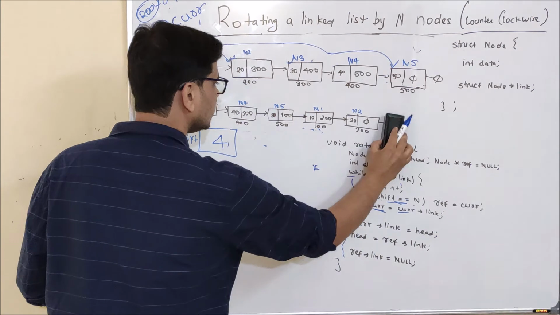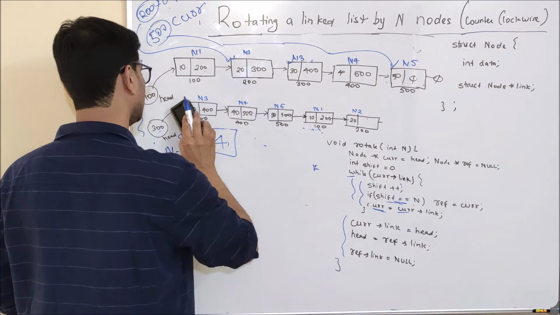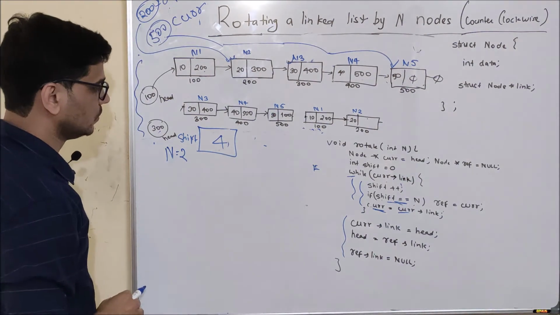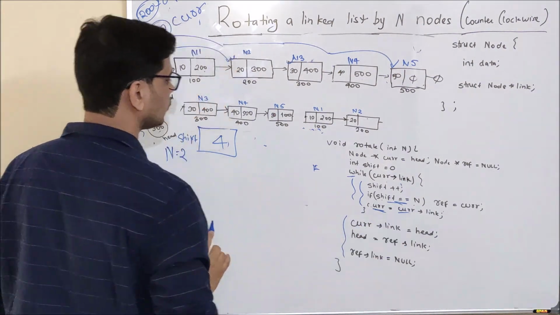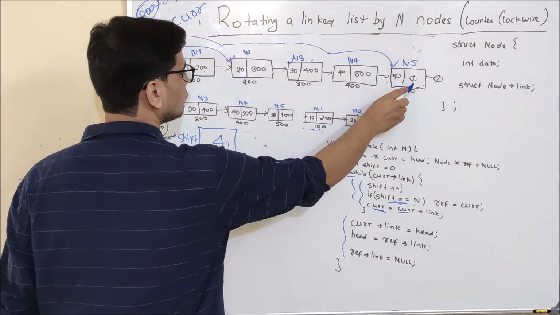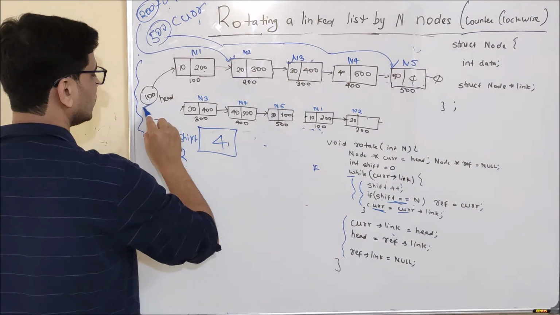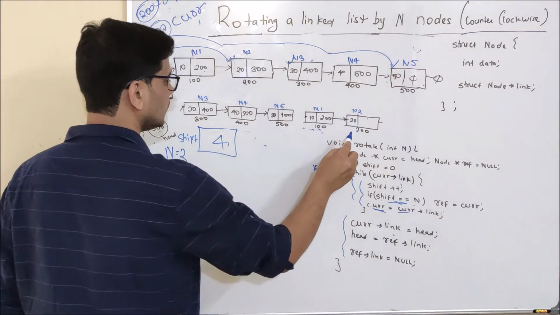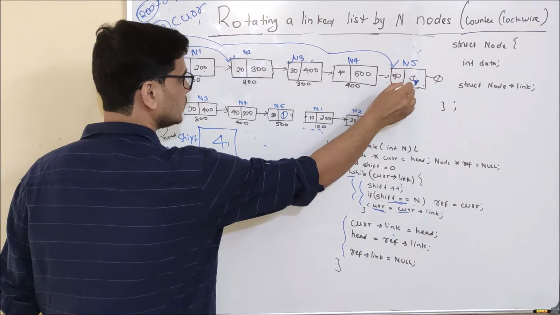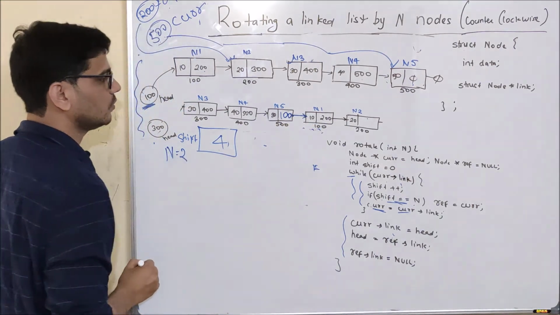So let's break this link for now. This thing and this thing, let's break it. So what I am doing here, current dot link equal to head. What is current? 500. Okay, so its link part is right now null and I am updating it with head, and head is how much? 100. Okay, this is my original linked list. So I am updating current dot link with 100. So here you can see a null. So when I will update it, it will become 100 and will start to point to node 1.